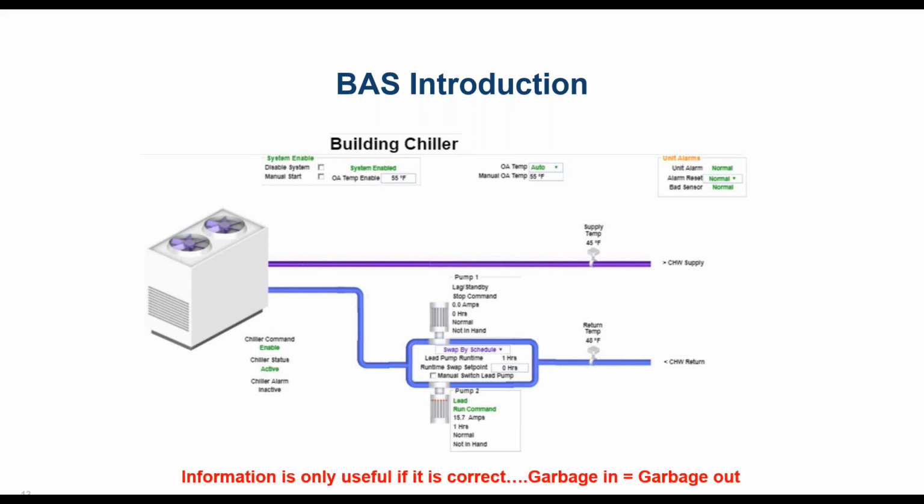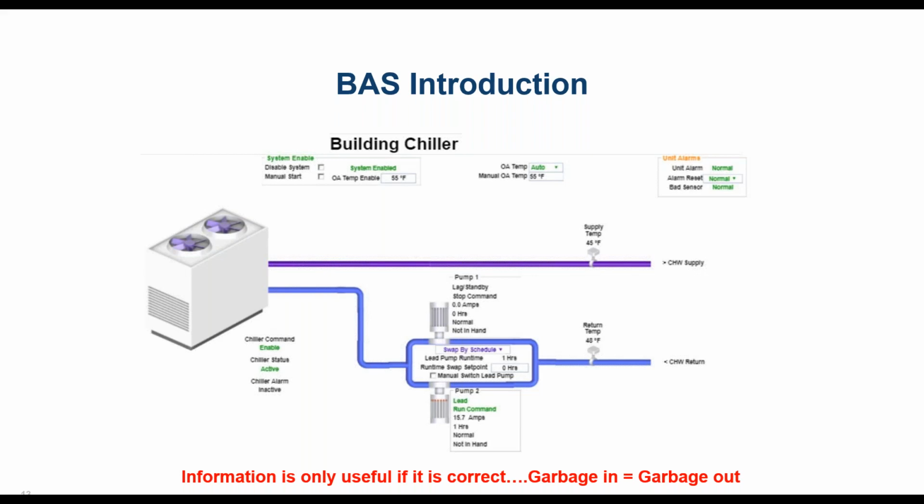So if you have faulty information being provided to the automation system, the automation system's graphic is going to be incorrect as well, and just give you a bunch of red herrings and make it very difficult for you to navigate and understand how your building is actually operating. What I'm getting at is if you have failed sensors or uncalibrated sensors, then the information that they're providing the automation system is probably not the most accurate, and the information being displayed on the graphic is also not going to be that